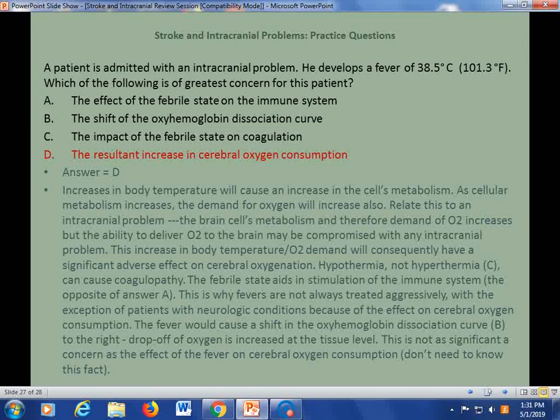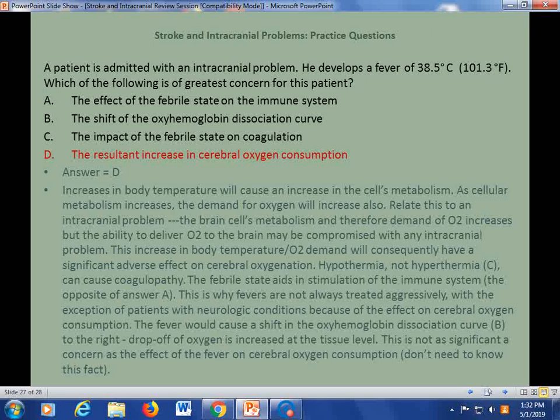So we really don't want those nerve cells, those brain cells, to increase their metabolic rate. We don't want their demand to be greater because we are truly fearful that we're not going to be able to meet their demand as far as oxygen delivery. So a fever in any kind of patient with an intracranial problem is not a good thing and needs to be reduced. Of course, if it's linked to infection, the physician will order antibiotics and cultures and treat the infection,